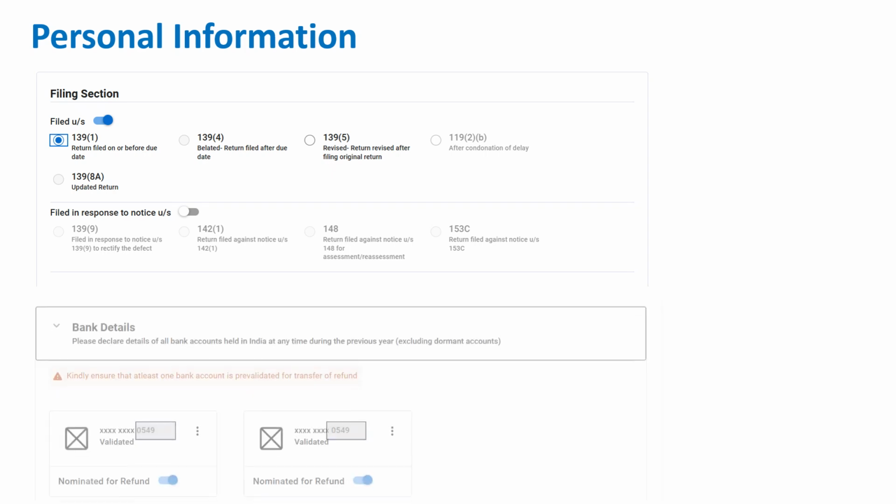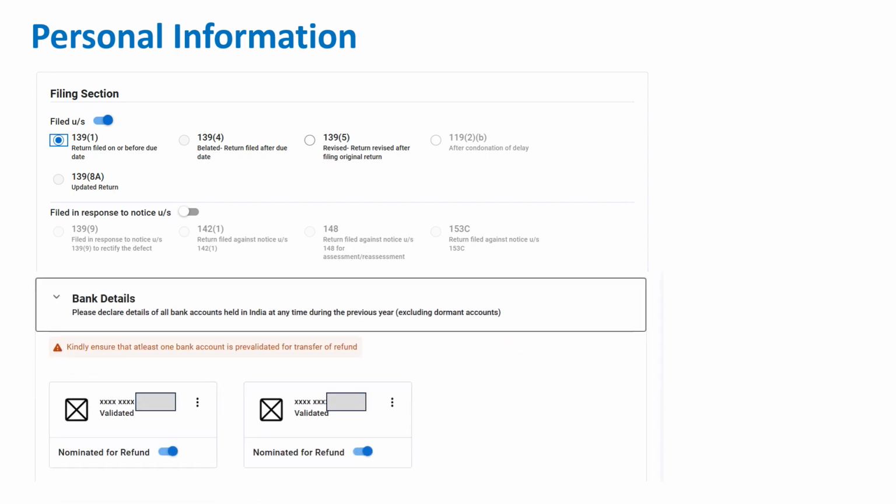And once you click this, the next information which you need to fill is the bank details. So ensure that all the details are accurate here, because if you are claiming any refund, the department is going to credit the amount only in this bank. If your bank information is wrong, you will never get your money back on time. So don't make this mistake.